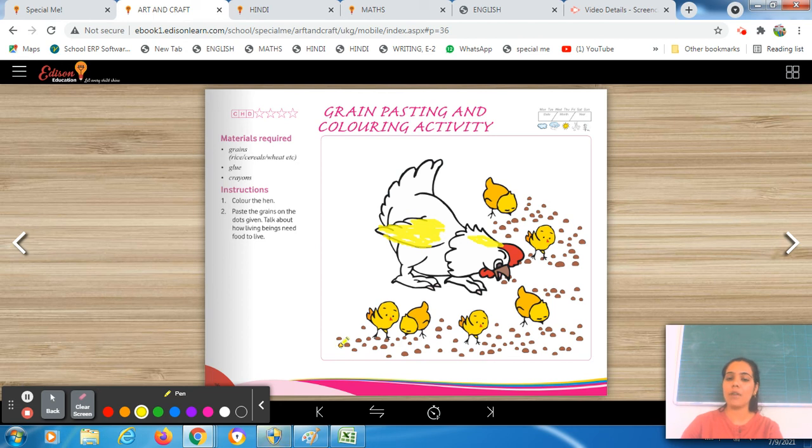Today what you have to do, you have to take any empty jar or any empty box and take grains from your mama, right, and keep it in an empty jar. Along with it, you have to carry glue. So today you all have to collect grain as well as glue. Tomorrow we will do the task of pasting grains over here. And today's task is that you only have to color the hen nicely with the yellow color. That is your today's task. So you all have to do coloring today and complete this worksheet. Right? That's it for your today's session. You all have to color it very nicely, students.